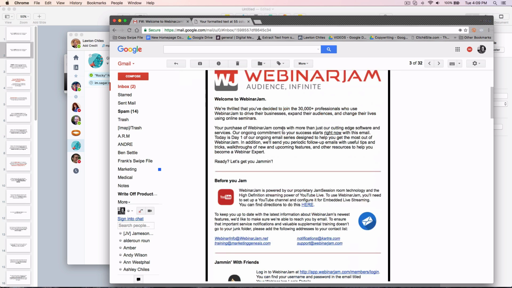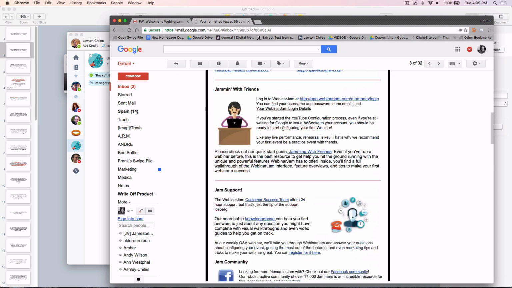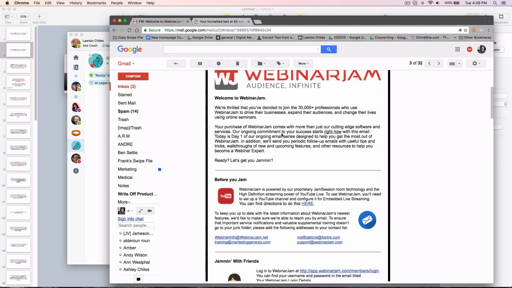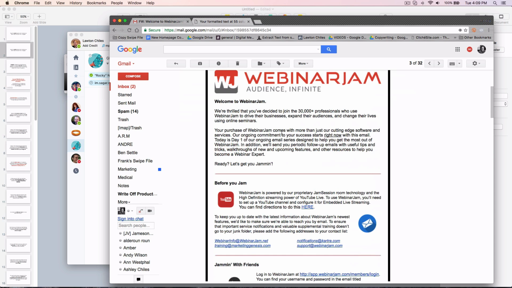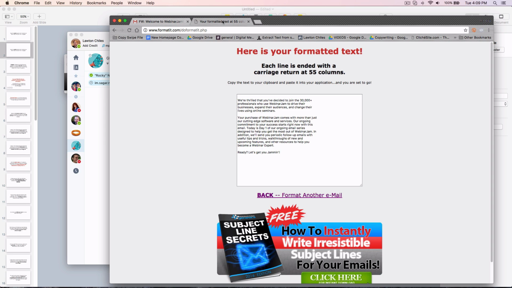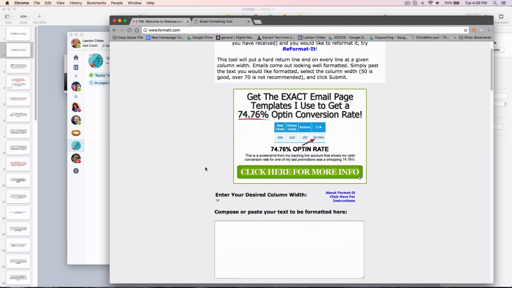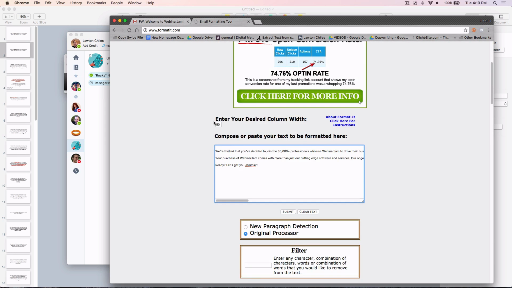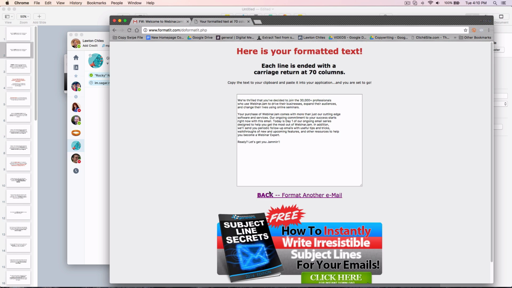As far as the main thing that I'm concerned about is the line length. Usually we try to keep things between 50 and 60 characters in length. To give you an example of that, I'll take this over to a tool called Format It, which gives you an example of, so if this was like 70 characters across, then you can see that,